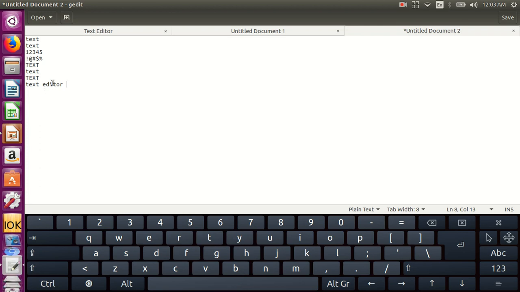The Backspace key is used to delete one character to the left of the cursor. Every time the Backspace key is pressed, one character to the left of the cursor will be deleted. The DEL or Delete key is used to delete the text to the right side of the cursor. Every time the Delete key is pressed, one character to the right side of the cursor will be deleted. This is how text can be created and edited in the text editor application.